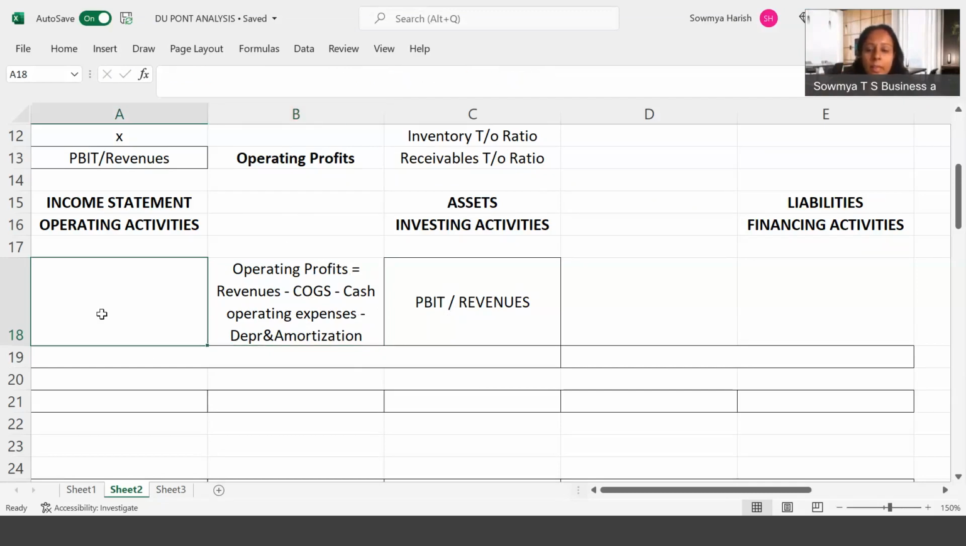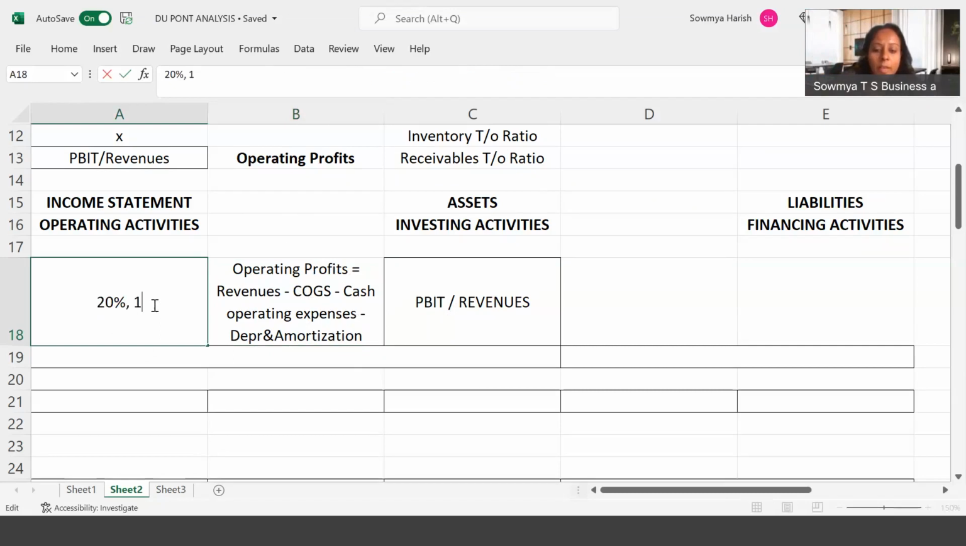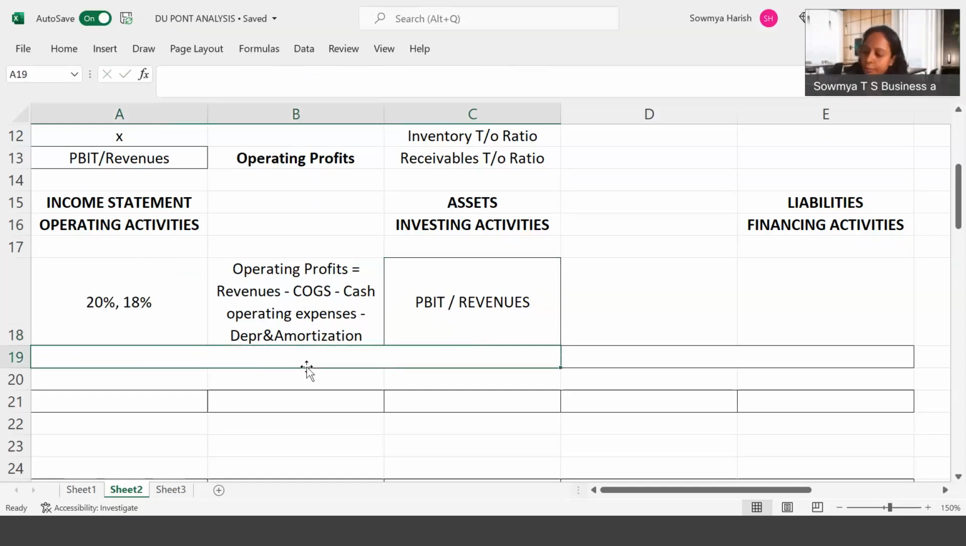Think that in the previous year the operating profits were 20%, and in the current year the operating profits is 18%. So we know that there is a decline in the operating profits. Why was there a decline in operating profits? What has caused the decline in operating profits? Is it cost of goods sold or is it operating expenses? That we will have to know. So for that, what we do is, first we will